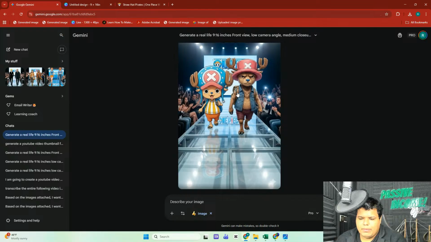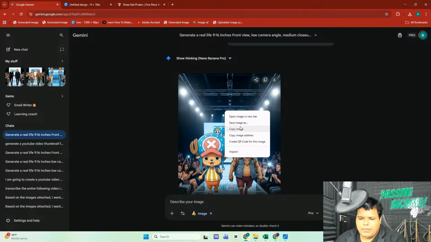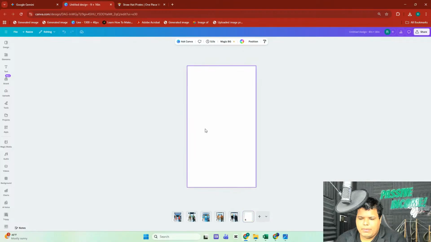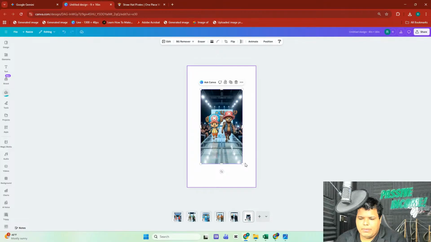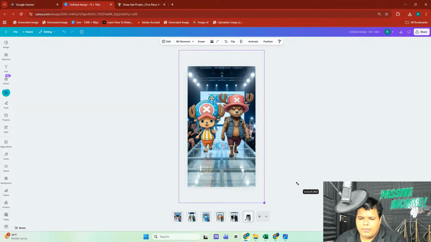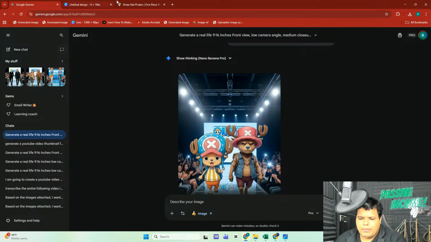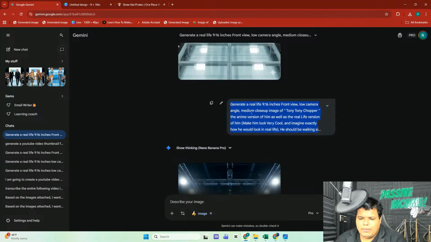All right, so the Chopper. I mean, he looks good, but it looks anime-like. I don't know. I think I'll take it. Though he looks like an anime version again, let's just take his picture. Now, Chopper's already kind of a close up, so I don't want to do anything to ruin it. The next one, I guess, is